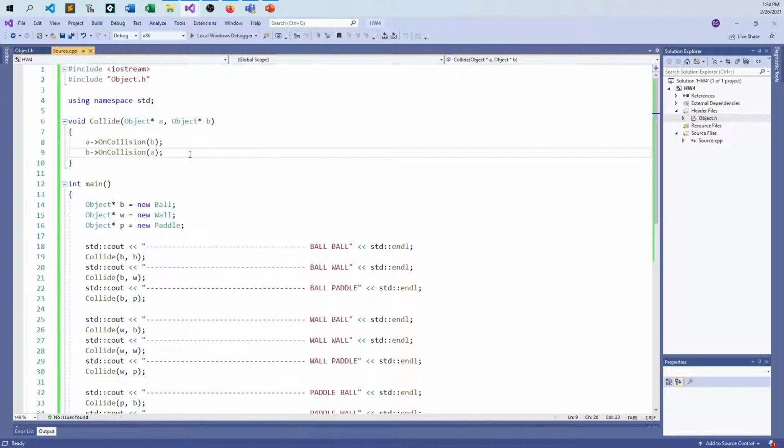You should always put your collision code in one of the two objects, because when you get to that point, you have both objects in front of you. Why would I need to double up and do part of the work in one object and part of the work in the other? Why don't we just get it all out of the way in one place, and then we don't have to worry about any silly race conditions or anything that maybe an engine does behind the scenes